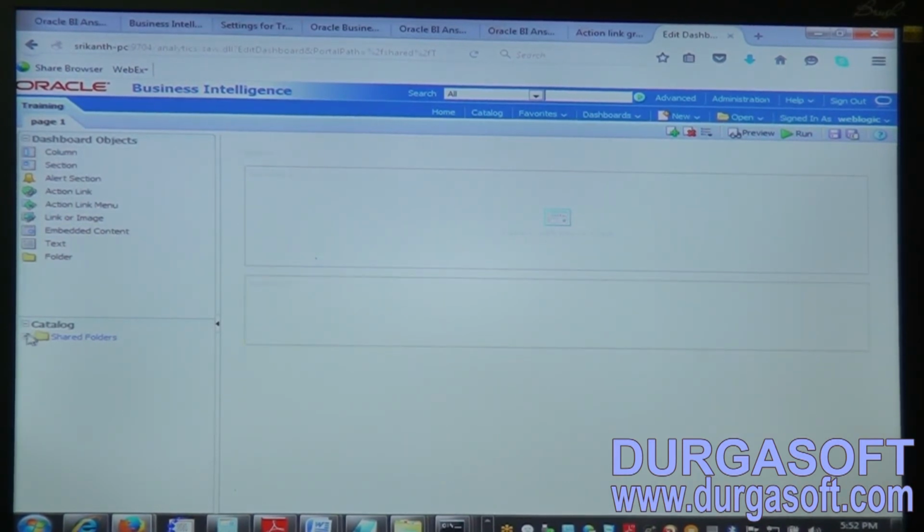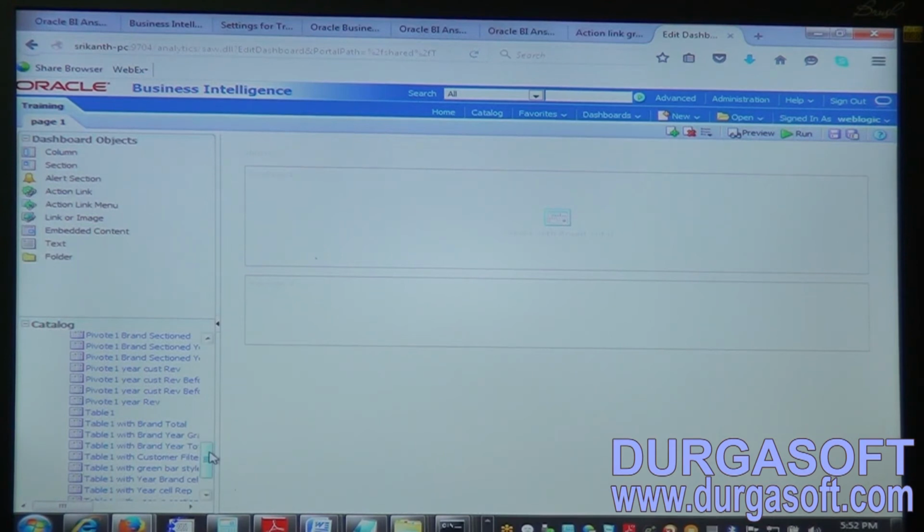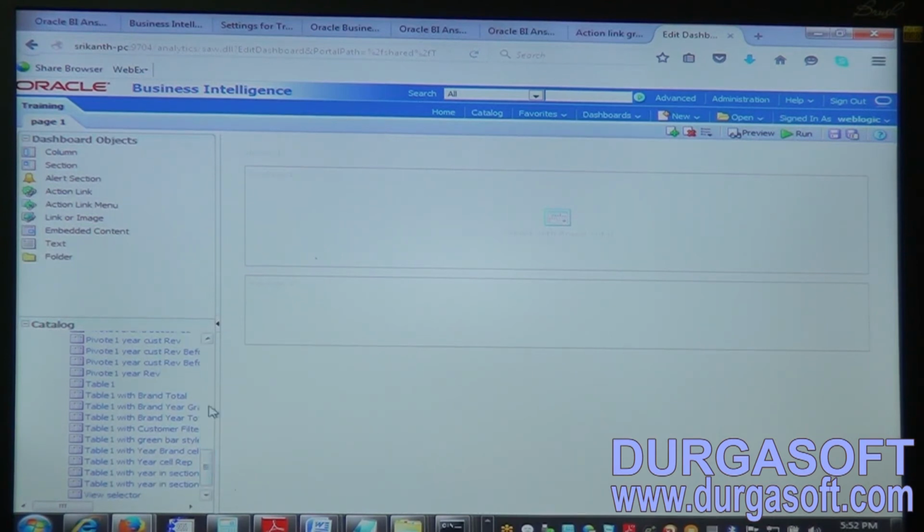But I want to add another report here, so I am expanding this training and selecting one more report, Grand total. Now once we click save, this will be saved, and we'll run it.